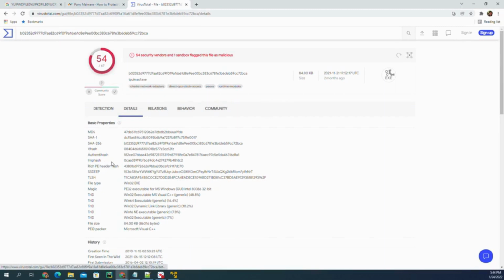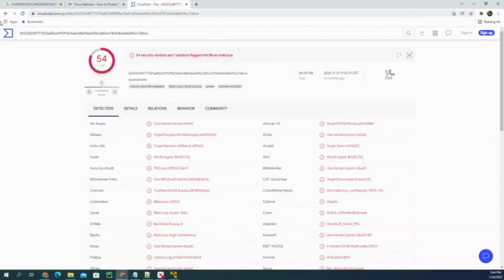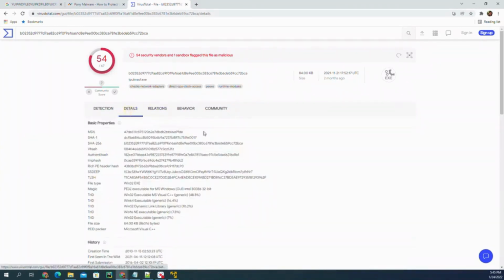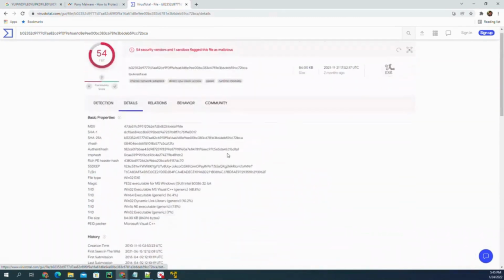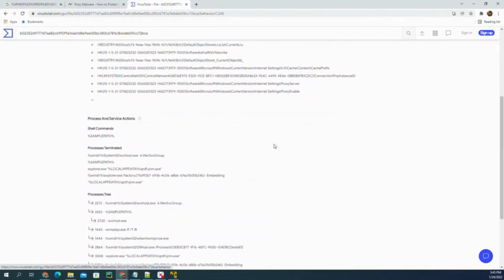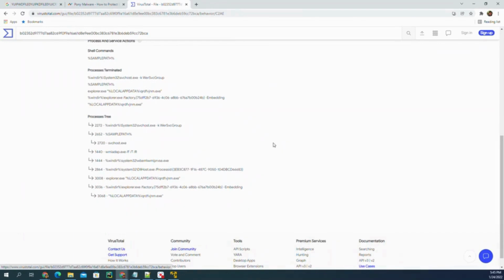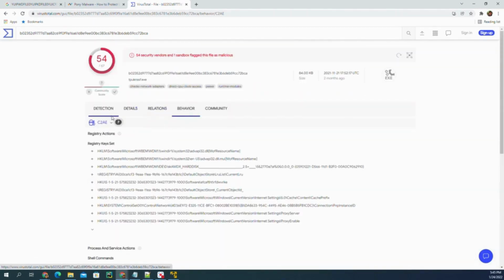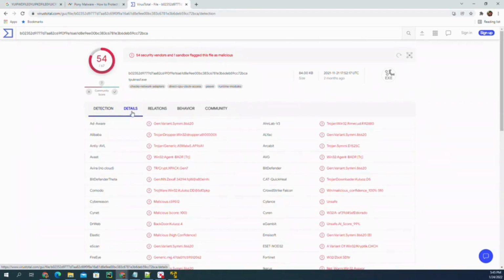Let me see. It seems that it shows the previous one. The reason it moves to the other one is because it shows based on the SHA-256 hash, and the details, you go through them, you can find the information about it and behavior and so on. So as for static analysis, even if you don't use some of these tools, what's useful for you is to go first to VirusTotal and search for that one. VirusTotal is good because you don't need to have the samples, just the hash is enough sometimes,